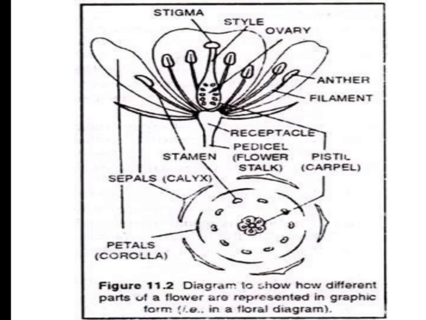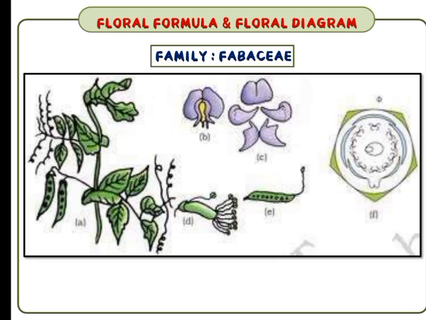Okay, so this is a picture which represents how we are drawing. So the sepals are represented like this. So this is the sepals. Then this is the petal, that is corolla. Then this is the stamen, and this is the pistil, that is carpel. Okay, this is how we draw. So all these are not in fused condition. All are in free condition. That's why there is no union between individual units. Okay, so these are the basics regarding floral formula and floral diagram.